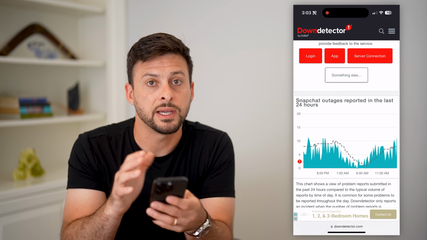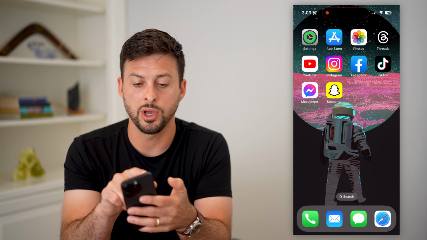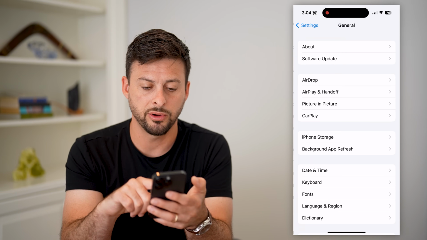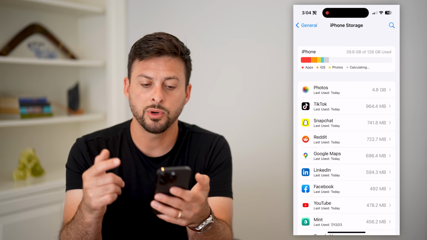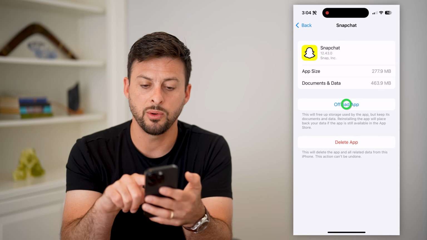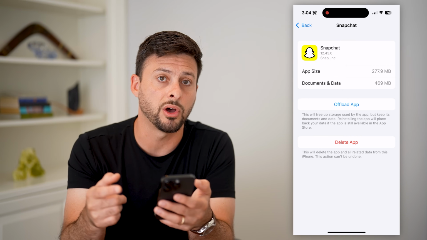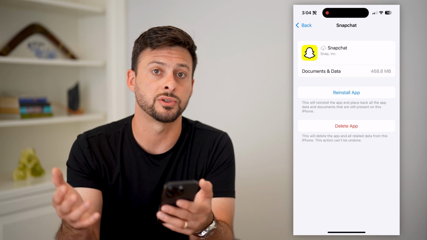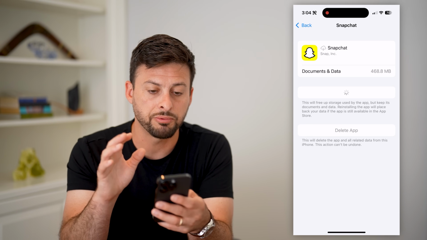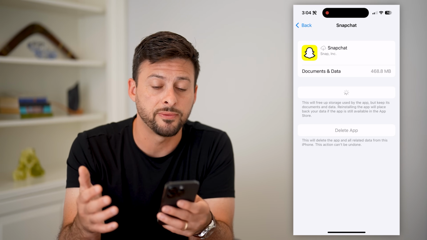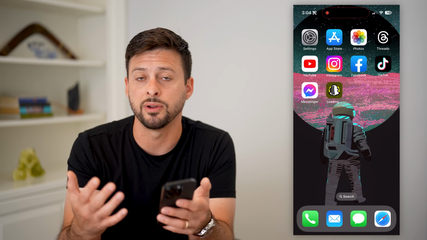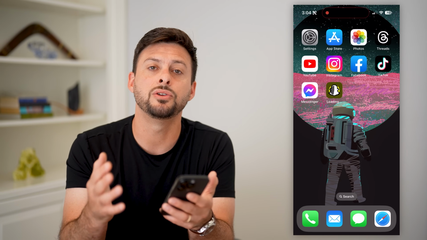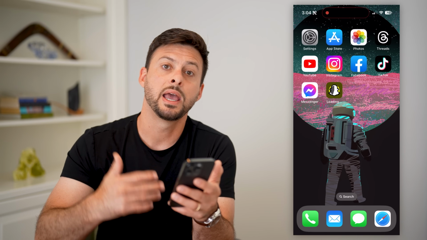Now, going through all of these steps, the last thing that we'll do is we'll go into your settings on your iPhone or Android. Let's tap on General and then iPhone Storage. Now, we're just going to find the Snapchat app here and we're going to offload it and reinstall it. If you're on Android, you're just going to clear the cache, delete the app, and reinstall the app. Basically, by going through this process, you force update to the latest version of Snapchat. A lot of times this gets rid of any kind of bugs or issues. And then after it's done reinstalling, then you can go in there, create that snap again, and it should send to